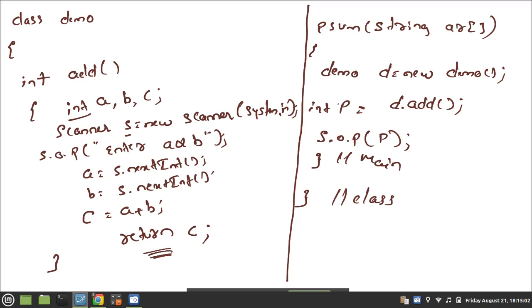So if I don't want to use p, I can use c also. No issues at all. Once we come out of this block, this c will be unknown to other parts of the program. So I can use c also. Okay, sir. Any other doubts? No, sir.